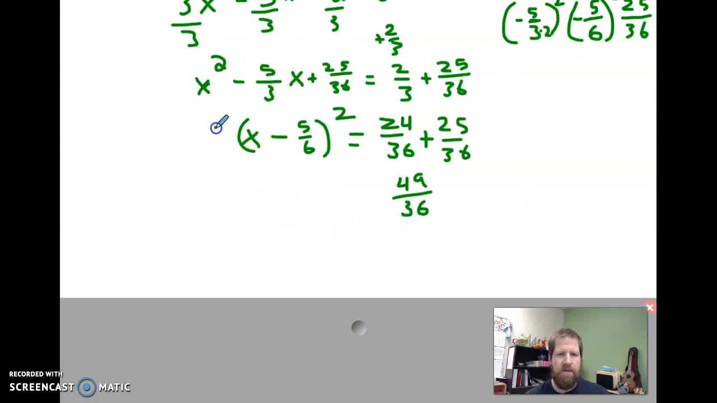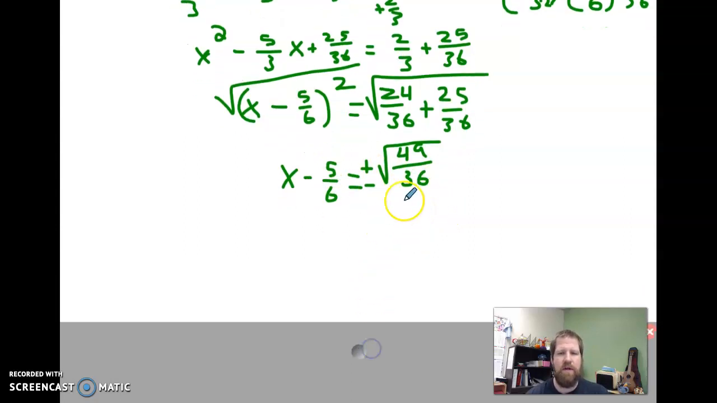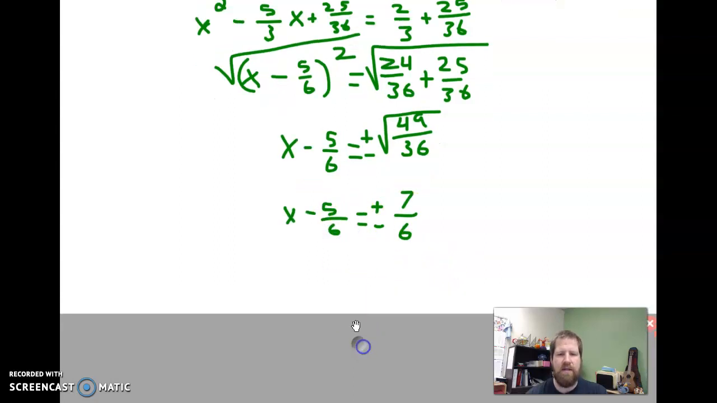And if I take the square root of both sides, I've got x minus 5/6 is equal to positive or negative square root of 49/36. These numbers work out pretty nicely for us because the square root of 49 is 7 and the square root of 36 is 6. And so I get x minus 5/6 is equal to positive or negative 7/6, which will give me x is equal to